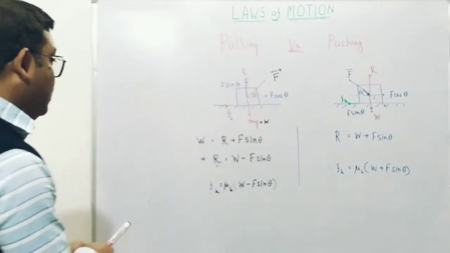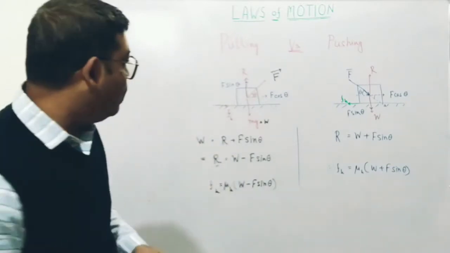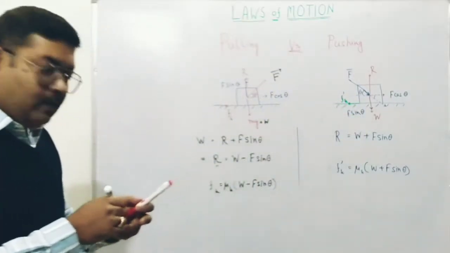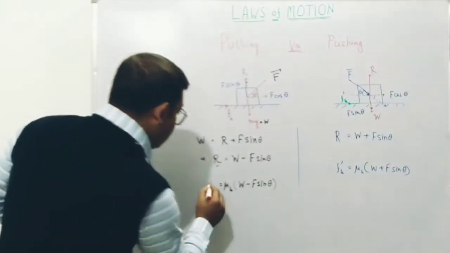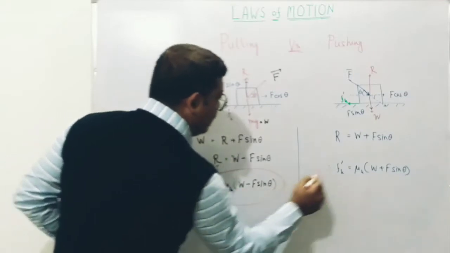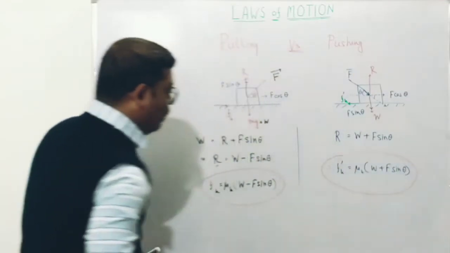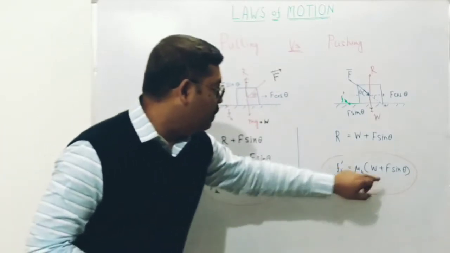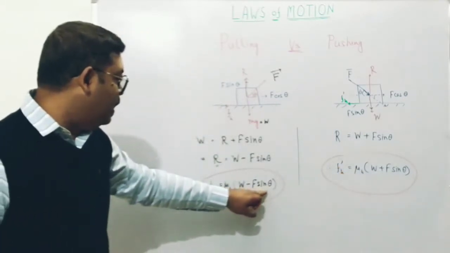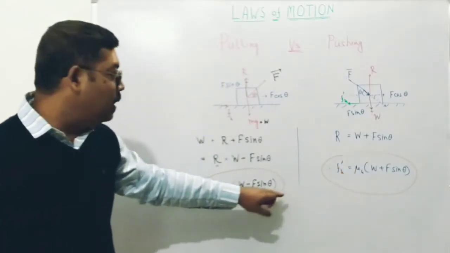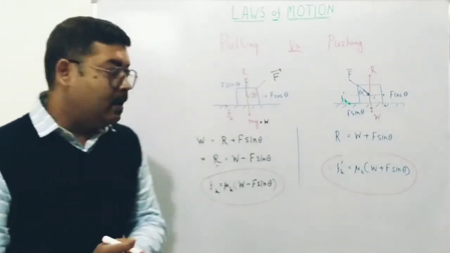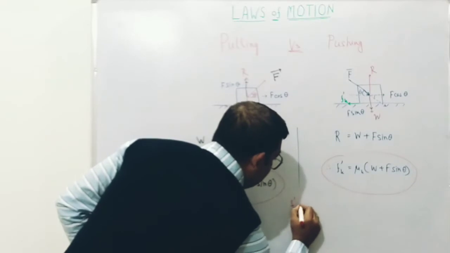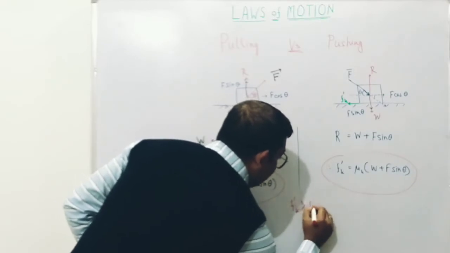Now if we consider these two, let's call this not Fk, but Fk dash, because this will be a different force now. The frictional force's amount has changed. See, if you consider this and this, what do you say? The first terms are the same, mu k into W, mu k into W. However, the second term in here is a minus mu k F sin theta. Here it is plus mu k F sin theta, which means that Fk dash has to be greater than Fk.